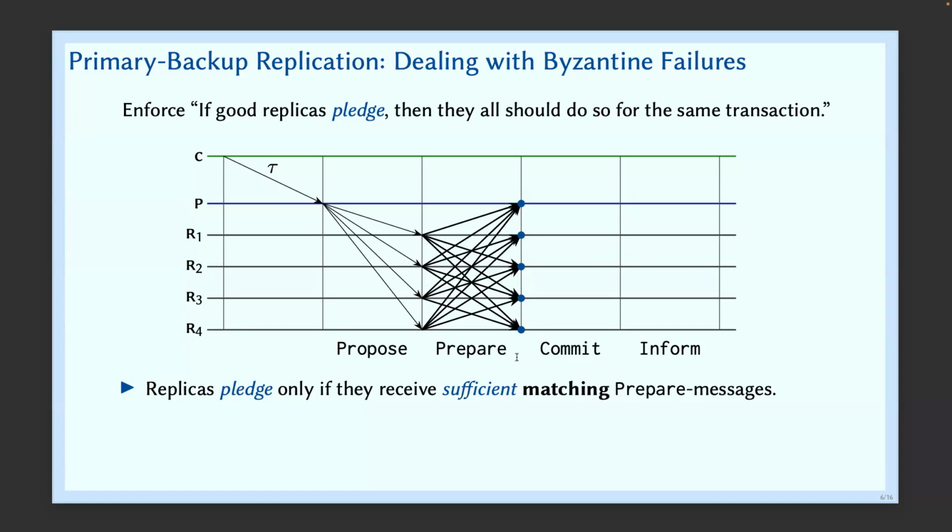So is it okay for him to just tell the client, we're done, or not? Why not? He already knows that I didn't lie, because he already got messages from all of you that I sent message 0, and he's standing. Could he just tell the client and be done with it? What could have happened? Client still is 2f+1. No, client is f+1 actually. Well, in this protocol, client is f+1.